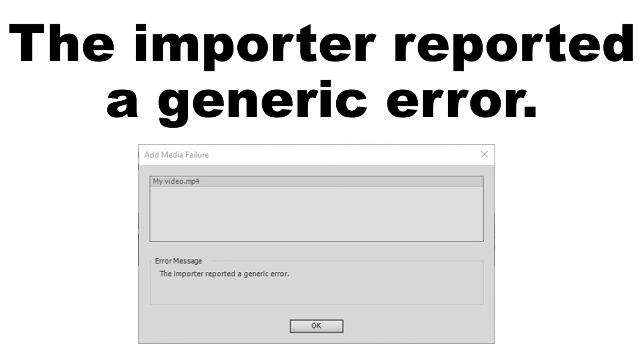This video will quickly explain how to solve the error in Adobe Premiere called "the importer reported a generic error." The fix works to get Adobe Premiere or Adobe Premiere Elements to recognize your proper, not corrupted MP4 file into the timeline. The video assumes, number one, you are using a Windows-based system, and number two, you have file extensions